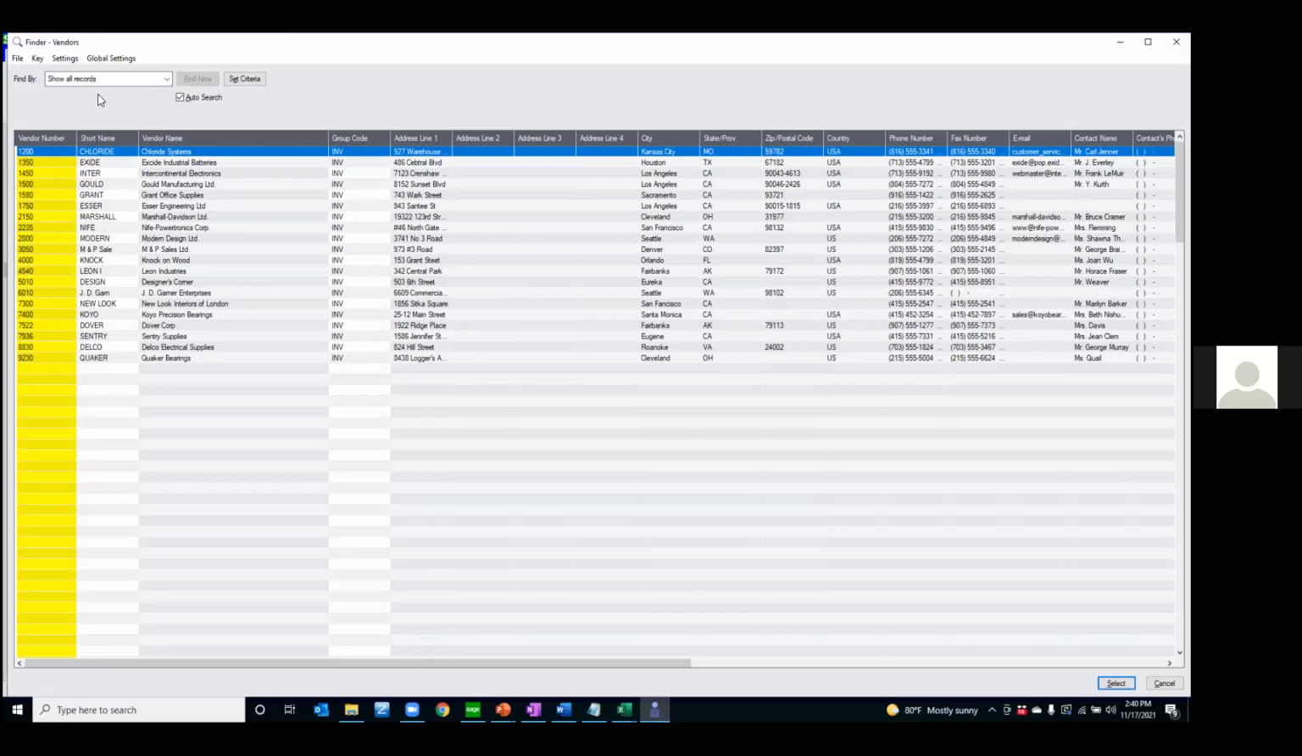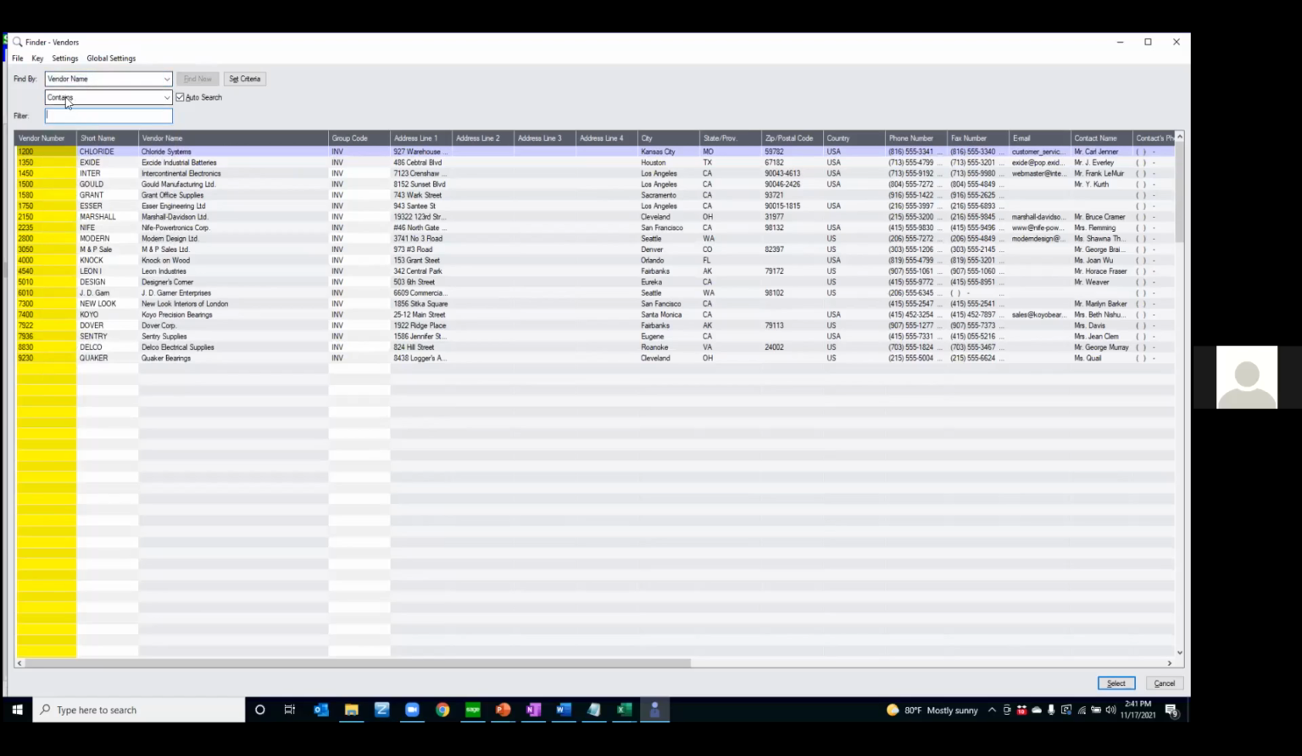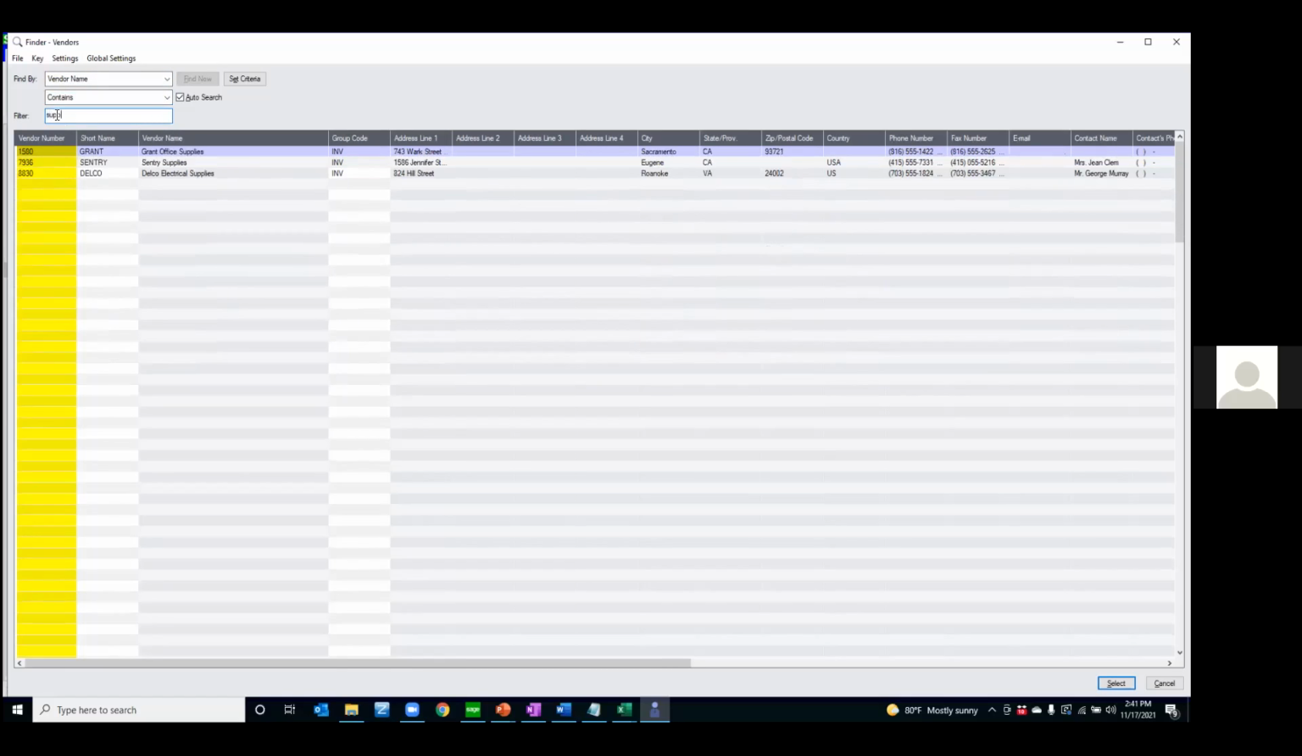Now, lastly, we want to talk about the find by here, right? I'm sure everyone has said, okay, well, I'm going to look for vendor. I want to search for vendor name that contains or starts with a particular filter here. So I'm going to say find something that contains supplies, and I get Sentry, Grant Office, and Delco because they all have supplies in them, right? So that's great. But let's go back and kind of clear that now